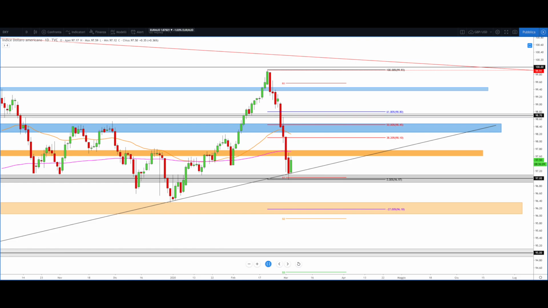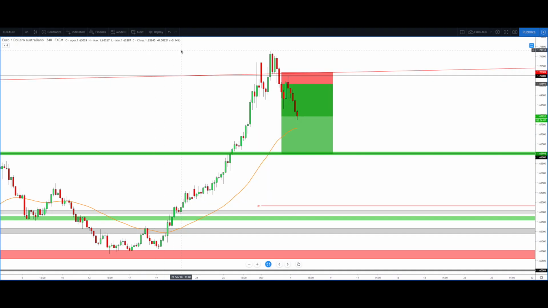And to continue our analysis, now it's time to watch Euro Australian dollar. You can find the complete analysis on PDF in our free Telegram channel with the monthly, weekly, and daily analysis. But for today, I want to stay on the 4-hour time frame, because we can see here that from